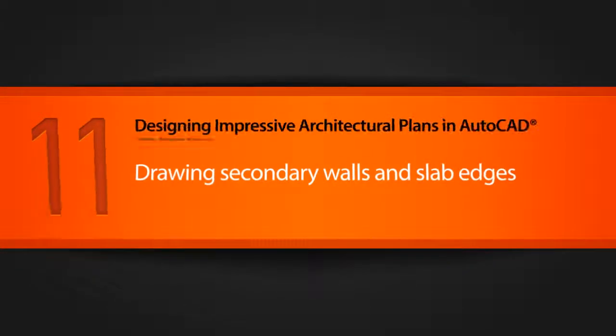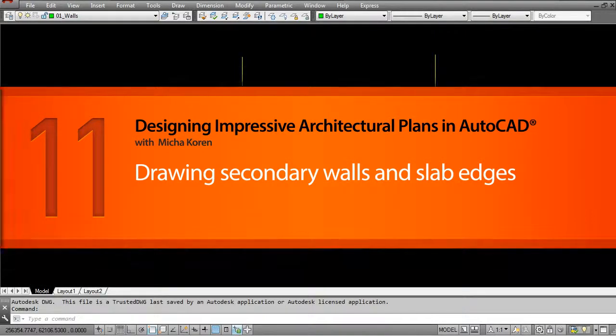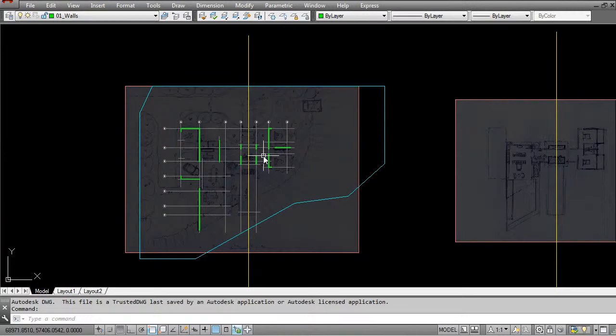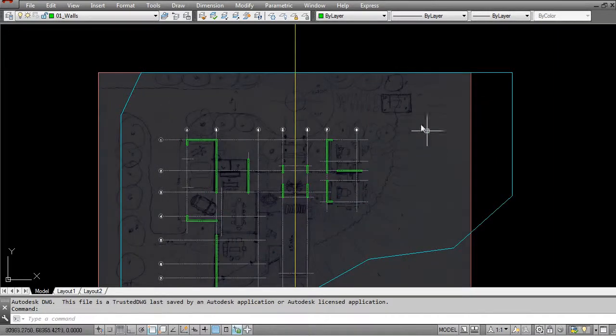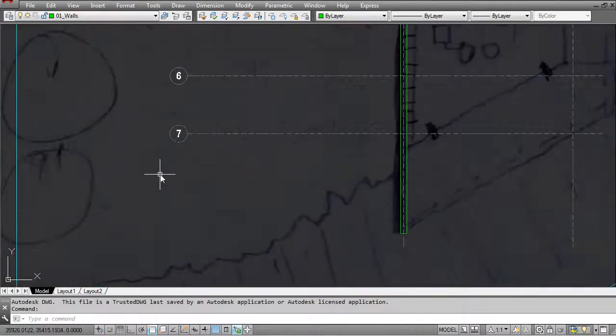In this lesson, we're going to be drawing more of the secondary walls, and we're going to start to outline some of the important slab edges that we have, especially around the living area. Since the end of the last lesson, I've made a couple of tiny little tweaks that I mentioned I was going to do, which are the grid numbering. That has been done. We have A to G being numbered horizontally, and we have 1 to 7 being numbered in